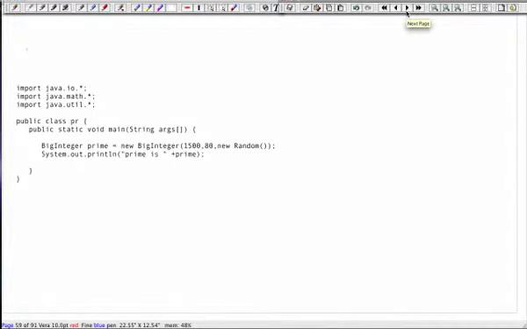Thankfully, Java helps us out here. You can pick a prime number just by doing this. Okay? A 2-line algorithm. Of course, this will pick a 1,500-bit prime with reasonably high probability. The probability of failure is 2 to the minus 80. So the point here is that the third concept, this idea of picking large primes, the best way we know how to do it is to use randomness.